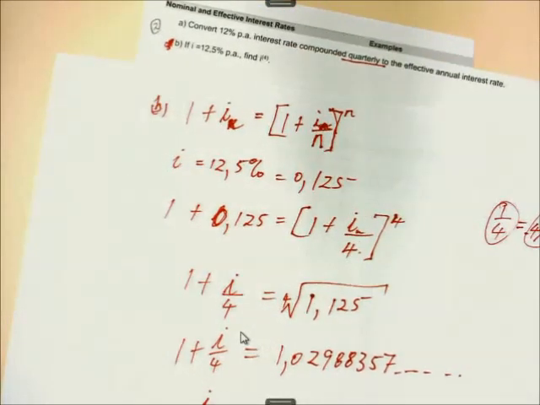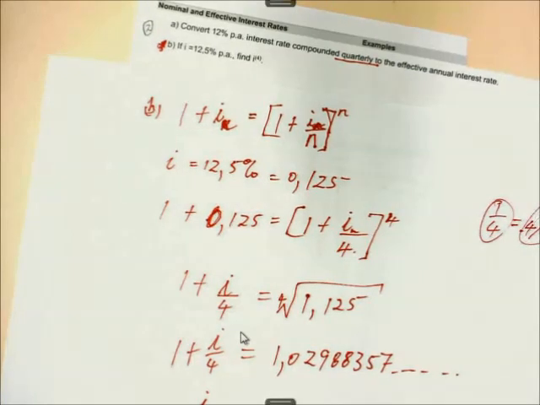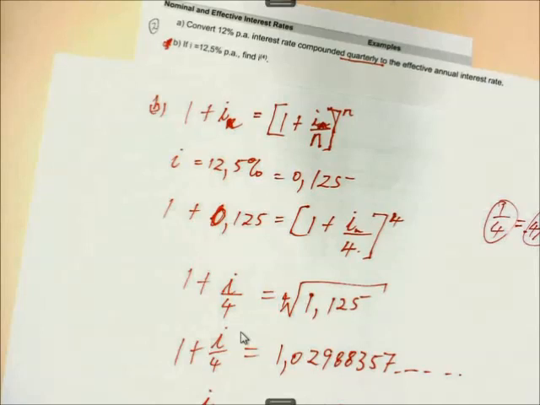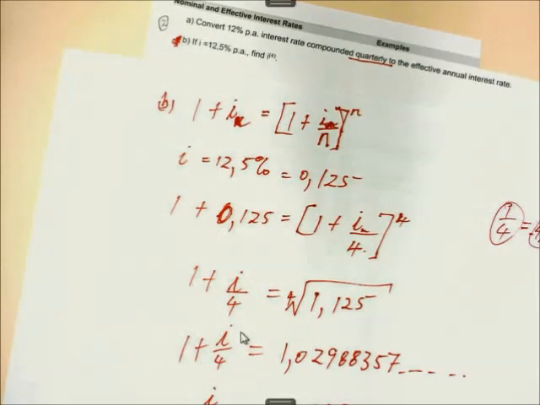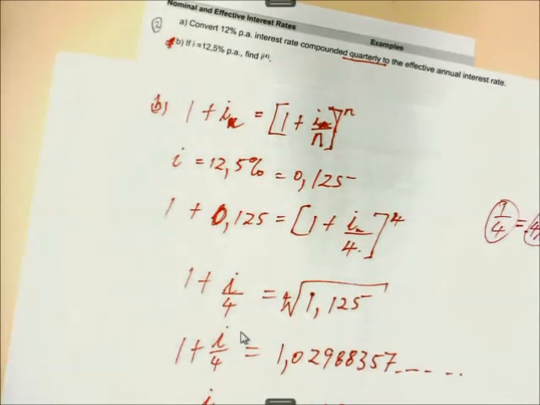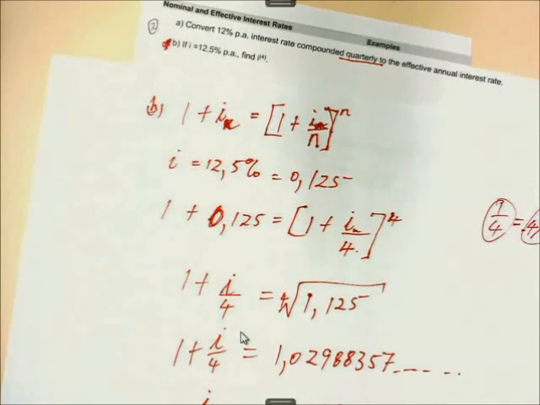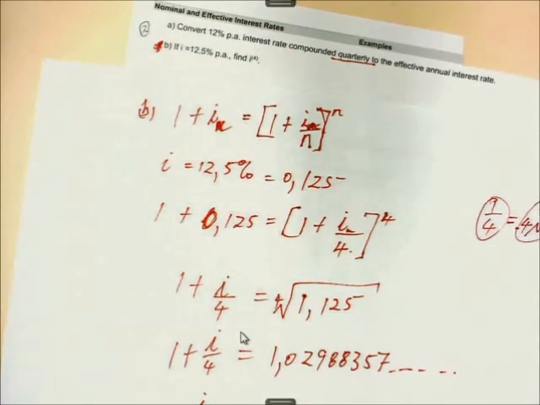So therefore your I effective is going to be, if you round it off, 12.53%. Okay, because if it is multiplied by 100,